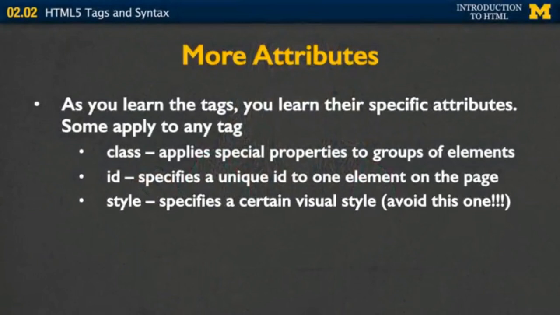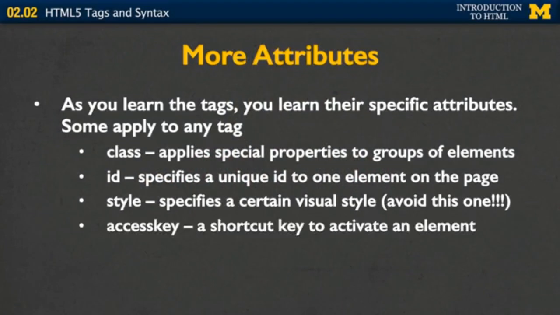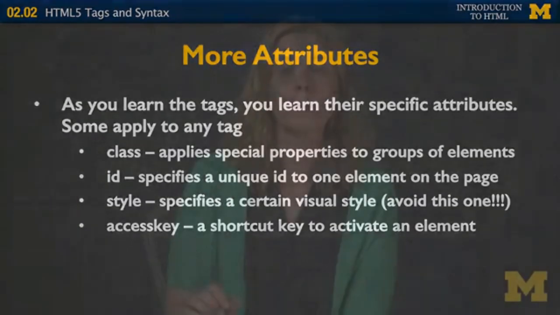Style is an attribute that used to be very widely used. Style lets you apply visual style. So you could put in special colors or spacing and things like that. The next one is called access key. And an access key is very important for accessibility. It allows a shortcut key to kind of activate or put into focus an element. So maybe you have a big page and you have a form or something along it, and you want someone to be able to quickly get to a certain part of your page, you can give them an access key.